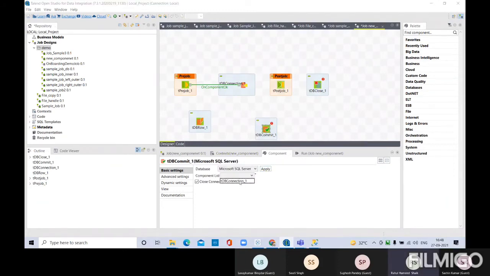Okay, now choose the components, the same connection again. This is how we work. In the first component you have connected to it. In the second component you are doing some select or insert operation, whatever you want. And then the DB commit component is just like performing the commit operation in the database. Similarly for rollback you have TDB rollback. Using that component you can perform the rollback.